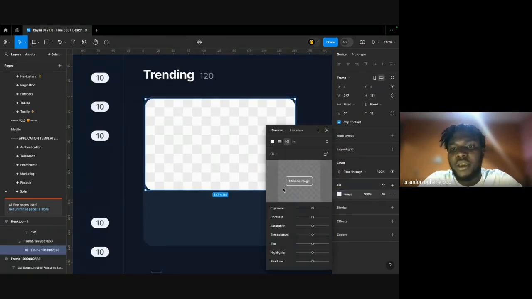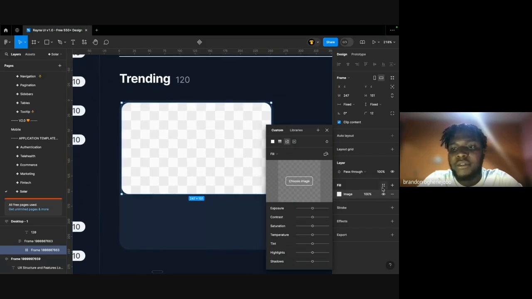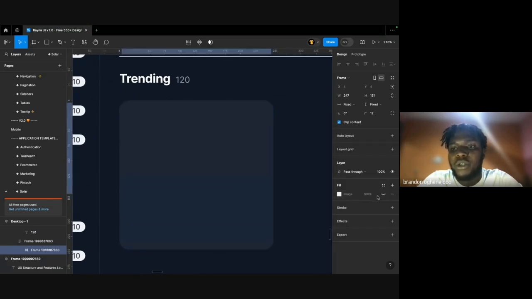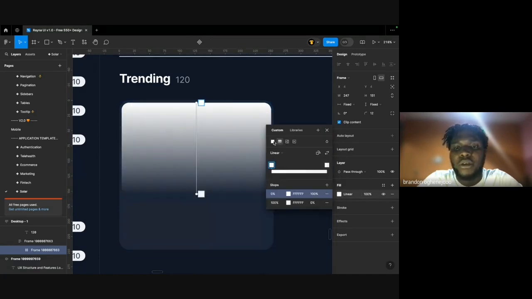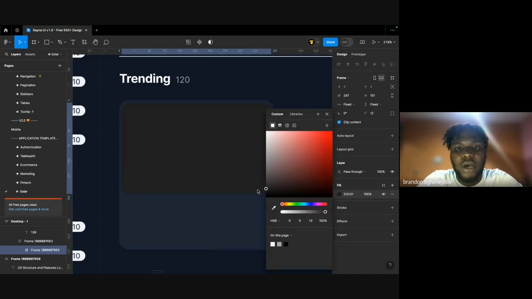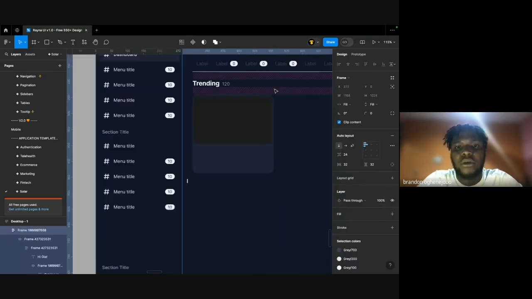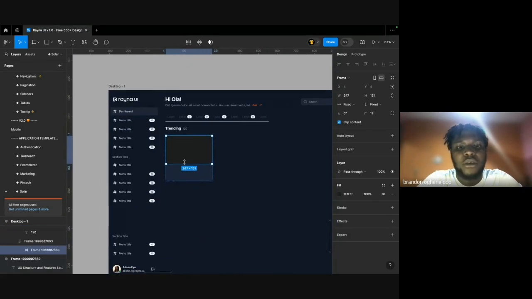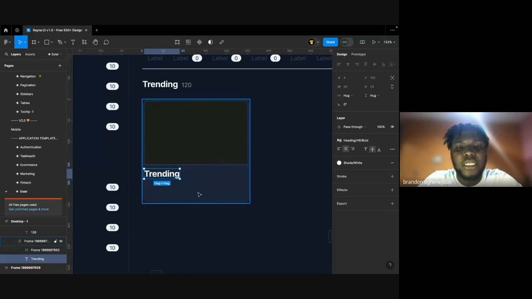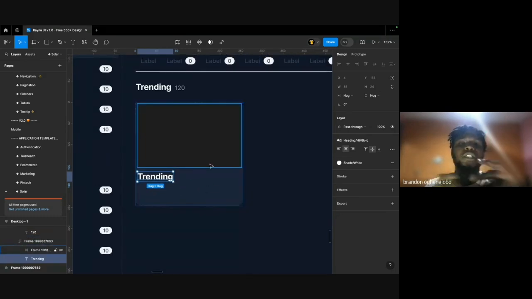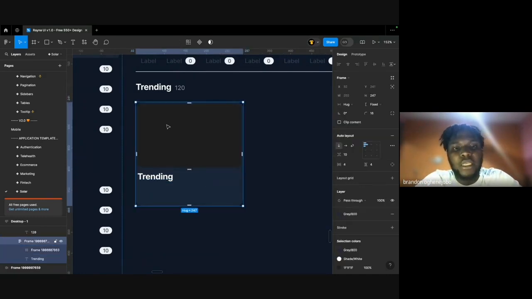Our image goes in here. This is a bit too bright for our background. So for now, I'm just gonna make this a black color just so it's not affecting our eyes. Cool. So our image is going to be thrown in there. And then we want some more text here for our lower section. So how do I want to do this? Do I want to just make this auto layout have... Okay, so what I want to do is I want to